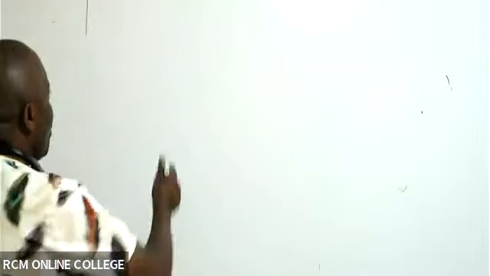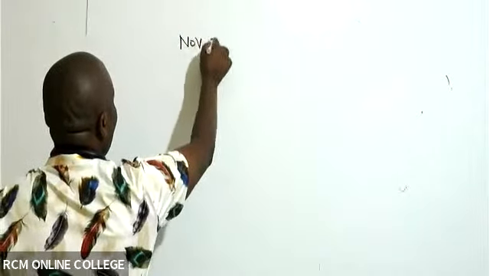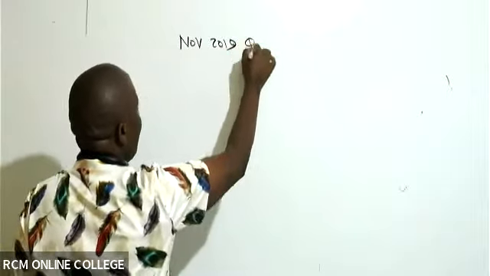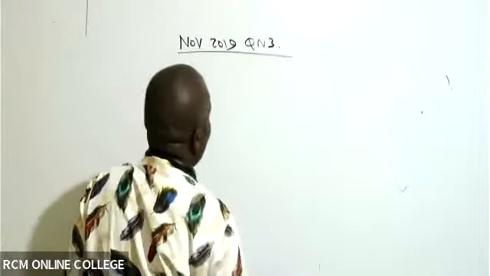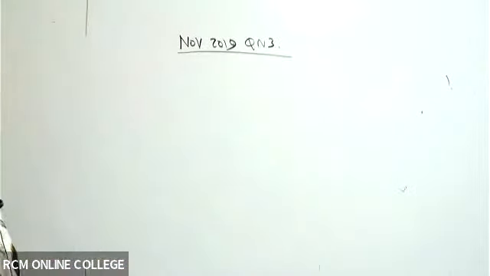I would want us to look at November 2019 question number 3. Once you get this question, can you kindly tell me, we already have this November 2019 question number 3, where the examiner in the required wants us to get the expected return, coefficient of correlation, portfolio risk. Then we have 4, the reduction in risk due to portfolio diversification.